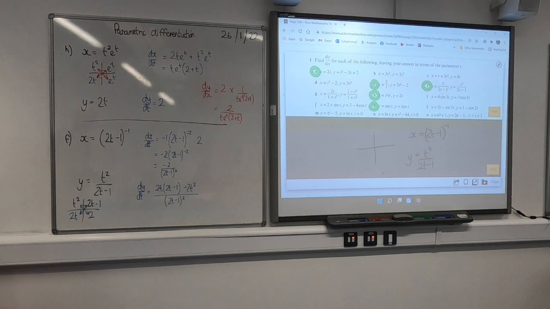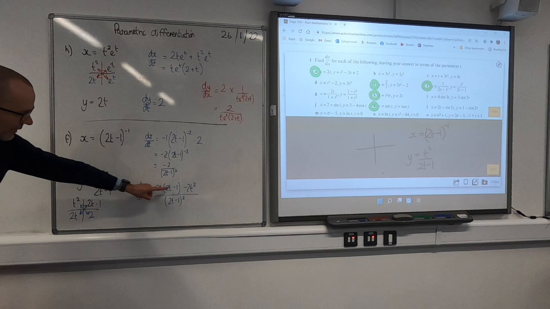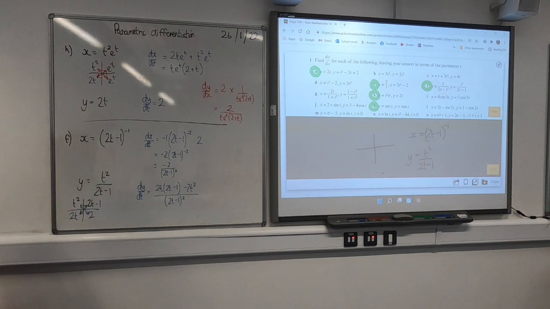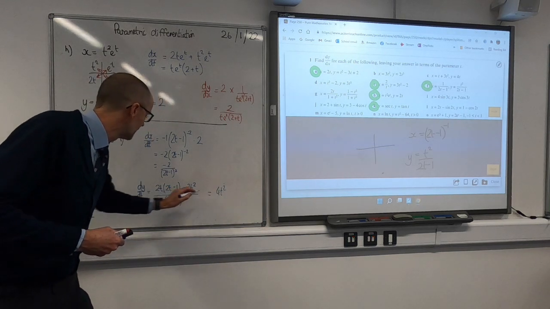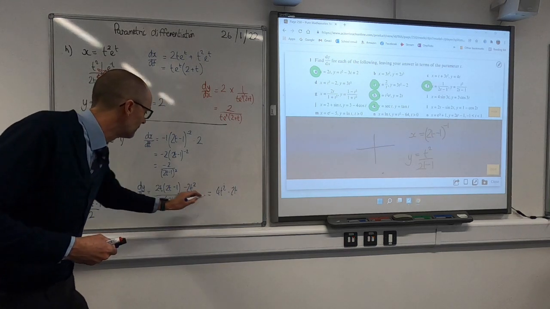With my use of the quotient rule, I've got this times this minus this times this, divided by that squared. Is there any value in multiplying any of this out? Well, my advice would be sort out the numerator, leave the denominator. Some of you will spot why I can afford to leave the denominator, what is about to happen, but the numerator I'm going to multiply out, so I've got 2t times 2t, 2t times minus 1, minus